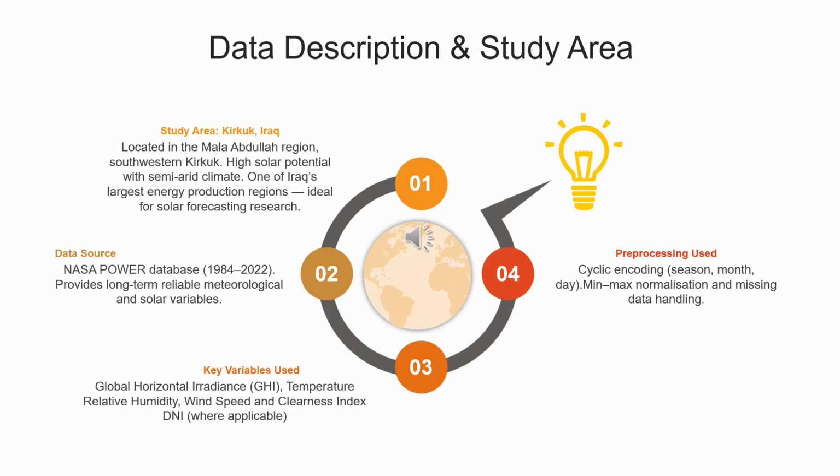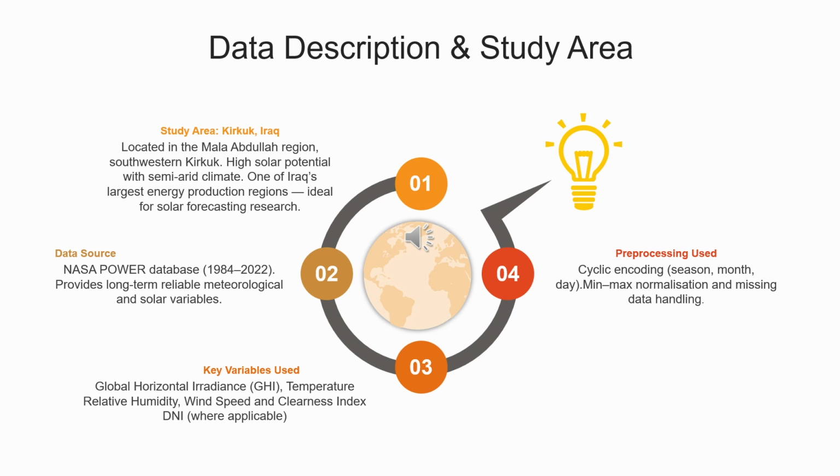For further data description and study area, we can say the study area is located in the Mullah Abdullah region, southwest Kirkuk, high power potential with semi-arid climate, one of the Iraqi's largest energy production regions, ideal for solar forecasting research. The Mullah Abdullah region is an important area in Kirkuk, and Kirkuk is an important city of Iraq. Data source, NASA Power database used